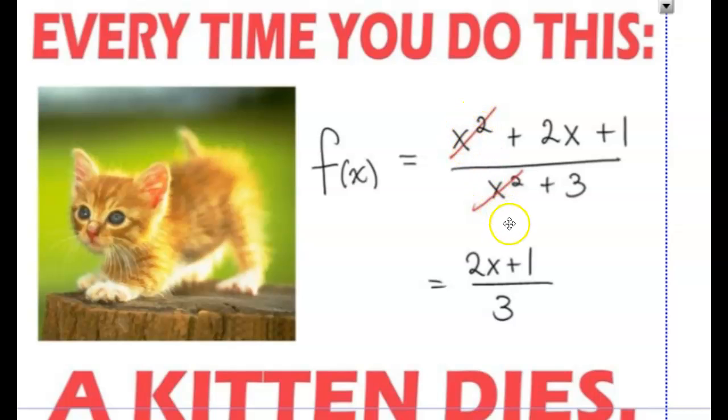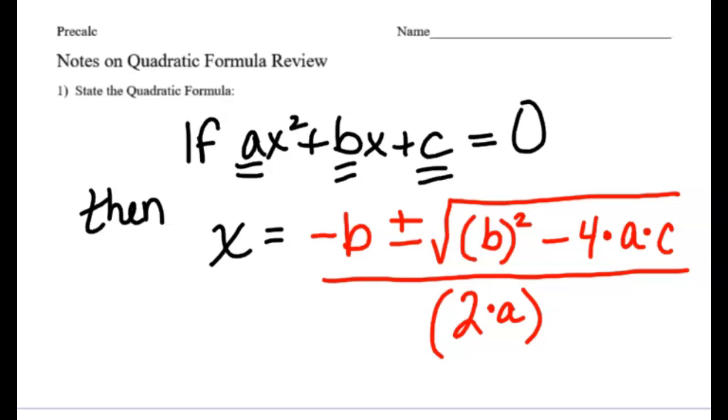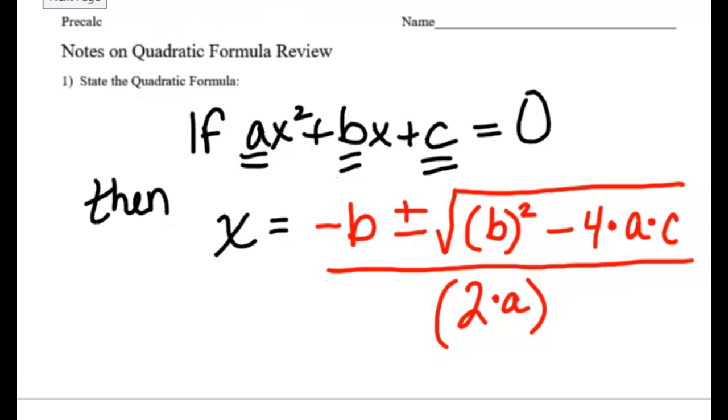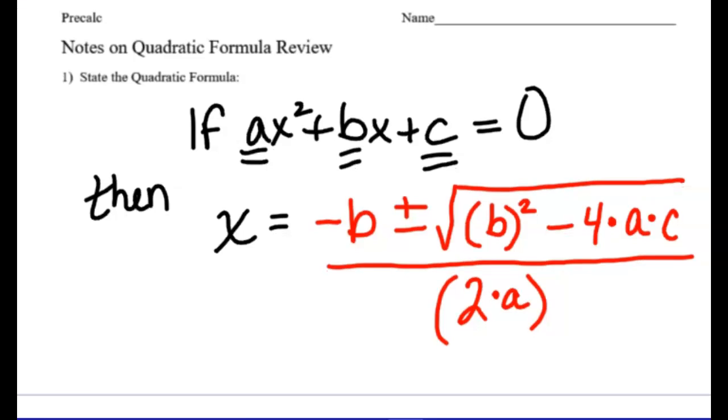You cannot reduce things, okay, unless it is a factor you can reduce out of everything. Let me give you a better example than that. When we're doing quadratic formula, I don't know what I just did. Did I just go to a new page? I can't even see what's under there. Okay. Yes, I went backwards. Okay. I want to add a page. There we go. Sorry. When we get to this point in the quadratic formula in a minute,